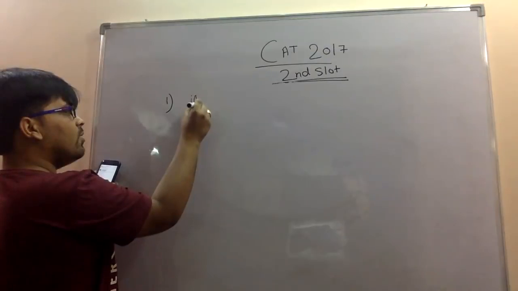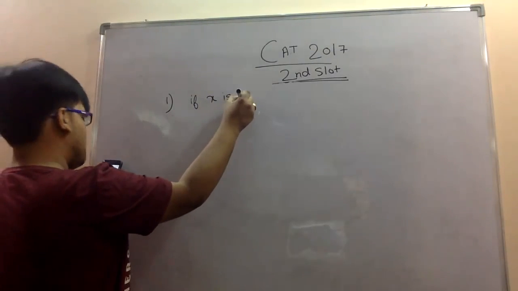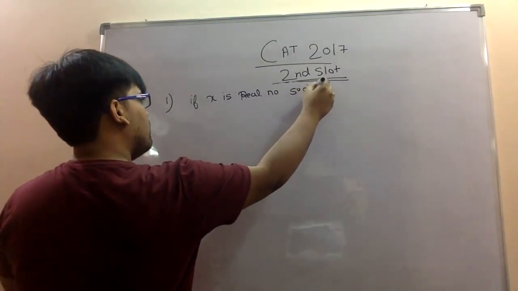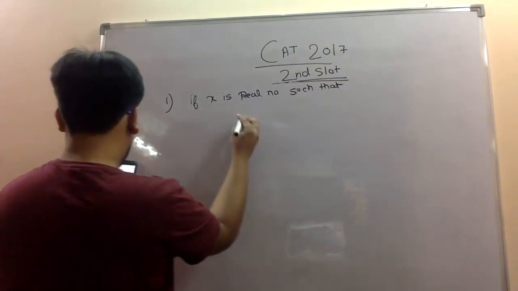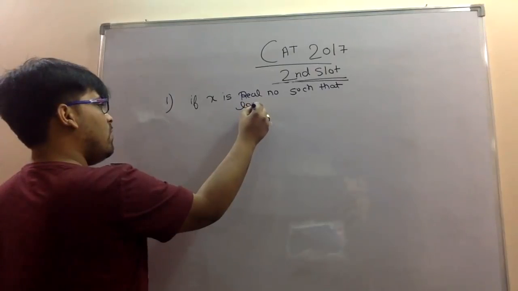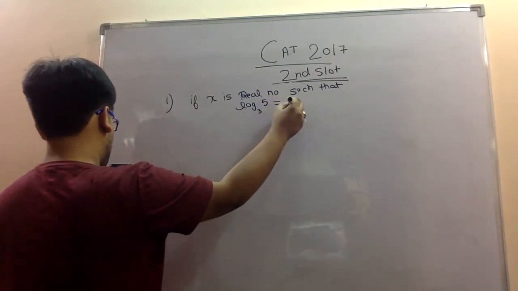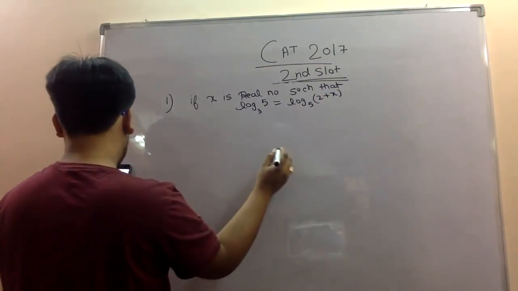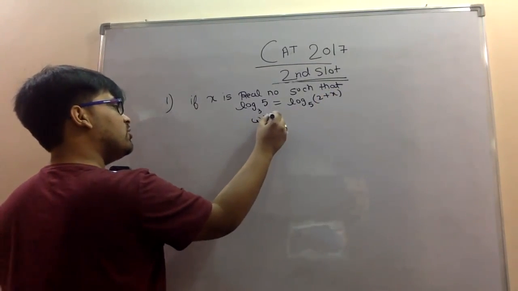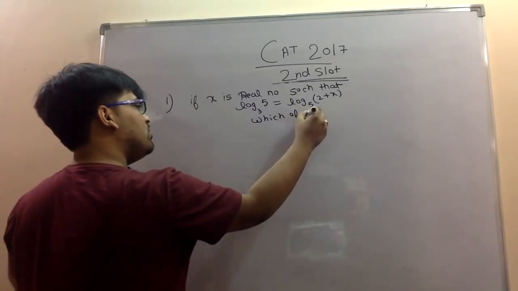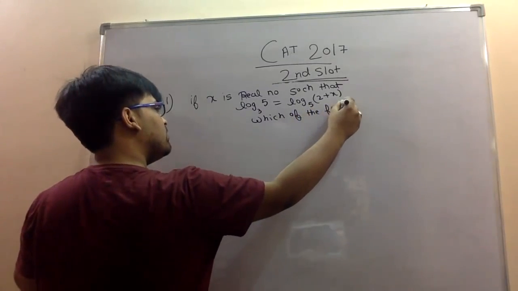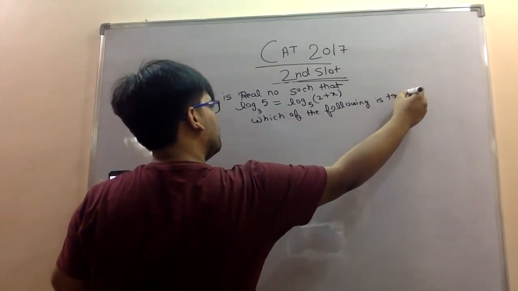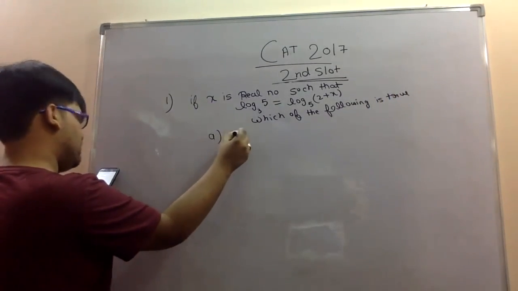If x is real number such that log base 35 is equal to log base 5 2 plus x, which of the following is true? ठीक है, ऑप्शन ए इज,